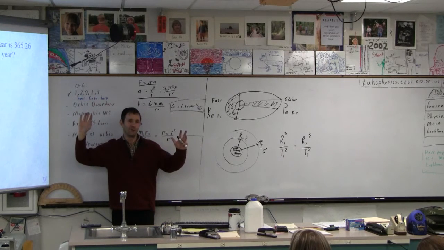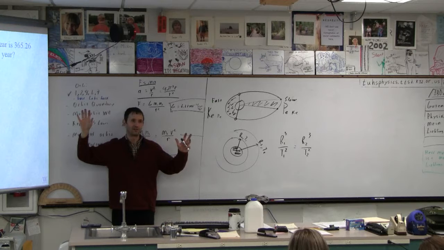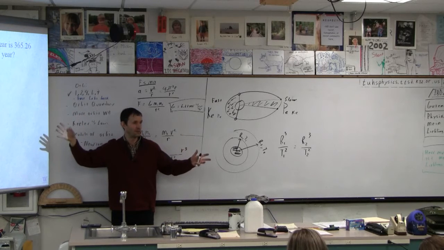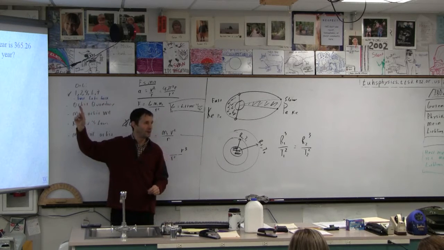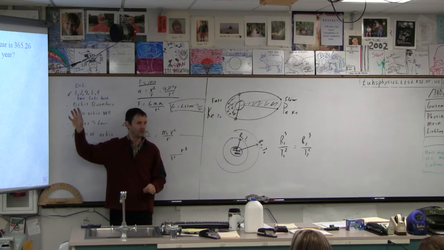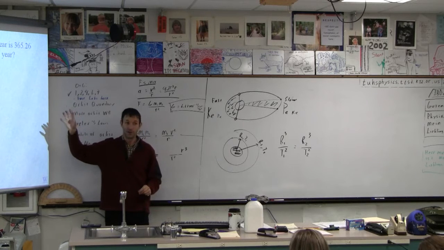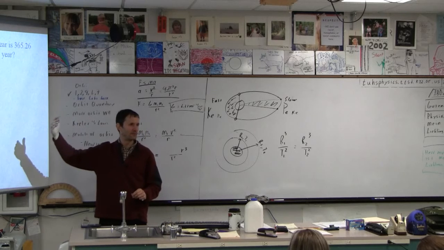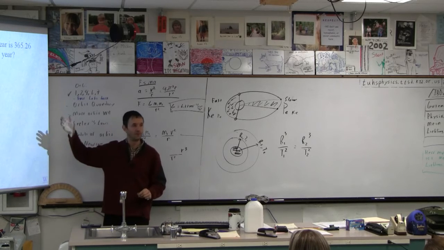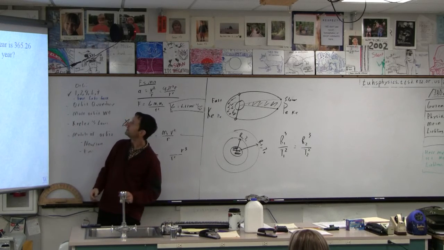Now, how far are we from the sun in astronomical units? 1, because that's what an astronomical unit means. It means the Earth-Sun distance. Now, we didn't know how far the Earth was from the sun in feet or meters until much later. But we did know relatively that Mars was about 50% farther from the sun than we were.